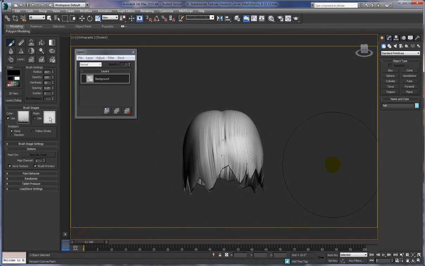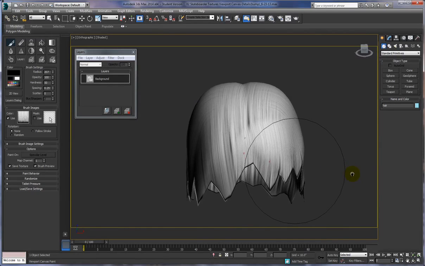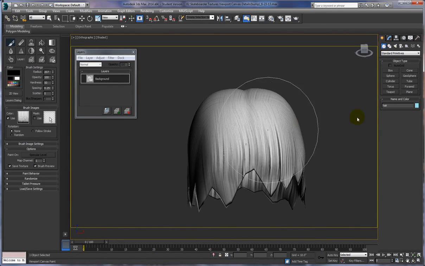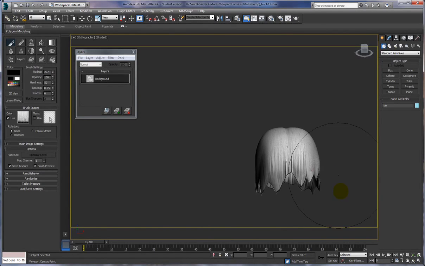Okay, then I'm going to go and do this front over again because I covered up some of the detail that I would like to keep there. There we go. All right, now let's take a look at what this did. Okay,